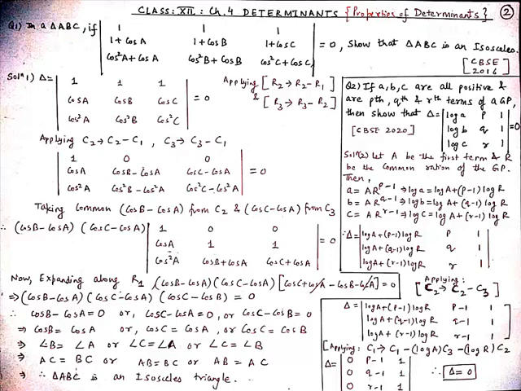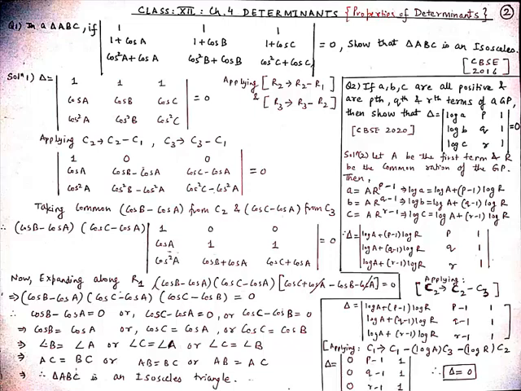And now on applying the column operation, that is C2 tends to C2 minus C3. By applying this operation, the elements of C1 and C3 remain unaffected. So write them as it is. And now in column C2, we get p minus 1, q minus 1, and then r minus 1. And now this operation is very, very important.